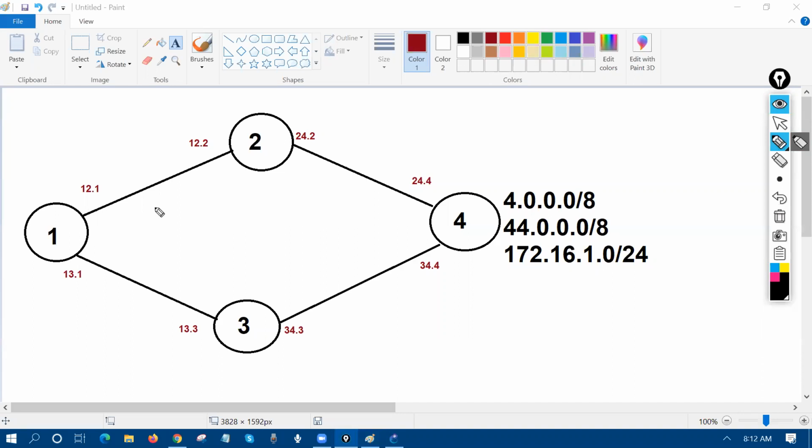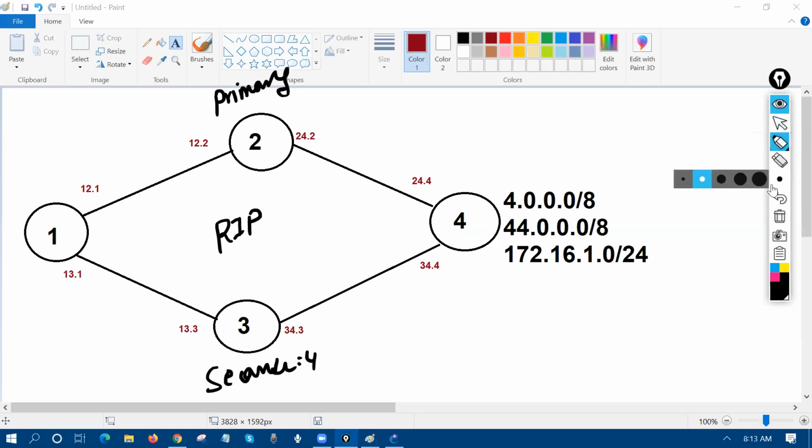Right now, we have router number one, router number two, three, and four, right? And what happens if I'm going to run the RIP protocol on it? If I run the RIP protocol, I want to make this path primary and this path secondary, right? How do I make it? In RIP, if I advertise all these routes and I want R2 to be the primary, it means that when this user